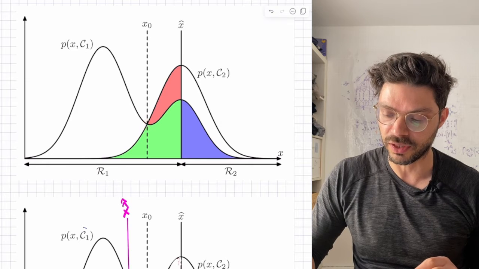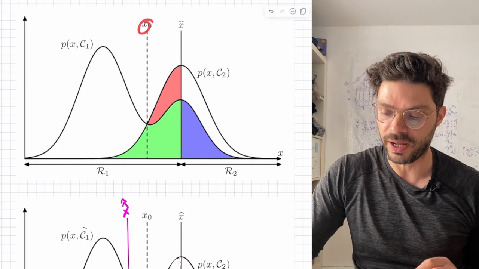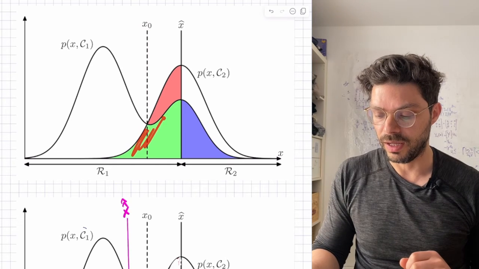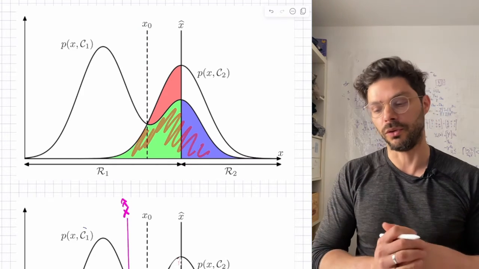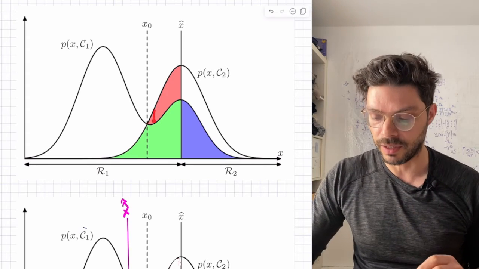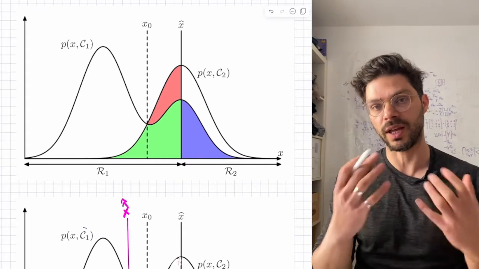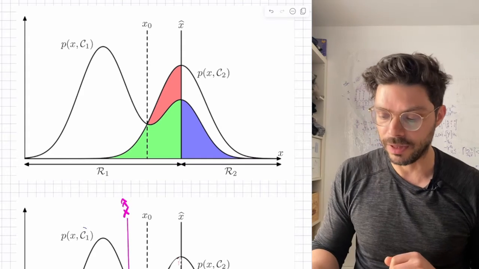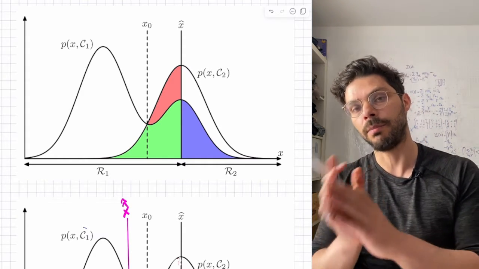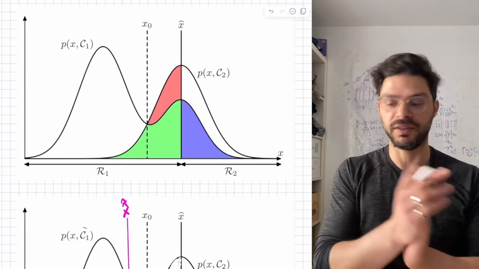this location. So you can see that if we set our decision boundary to x0, which is at this location here, then all we have are these unavoidable errors due to the overlap. And we don't have any of this red region contributing. So we just get the minimum error possible. And this boundary exactly corresponds to our decision rule that says assign a point to a class if its posterior probability